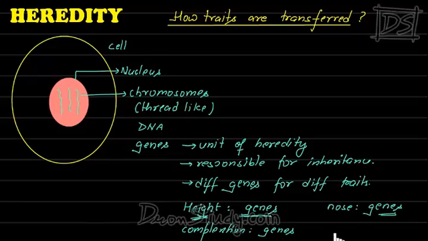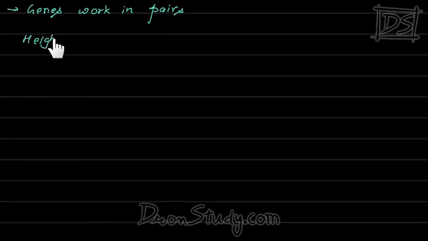Now the next point that I will be talking about, please concentrate on it. Initially it might seem difficult, but you will understand it clearly later on. So the next point is genes work in pairs. The genes that we have work in pairs. How? Let me explain with the help of an example. So let's talk about height. We have already studied that height is controlled by genes. Okay. So height related genes are found in two forms. Two forms. Genes related to height. What forms?